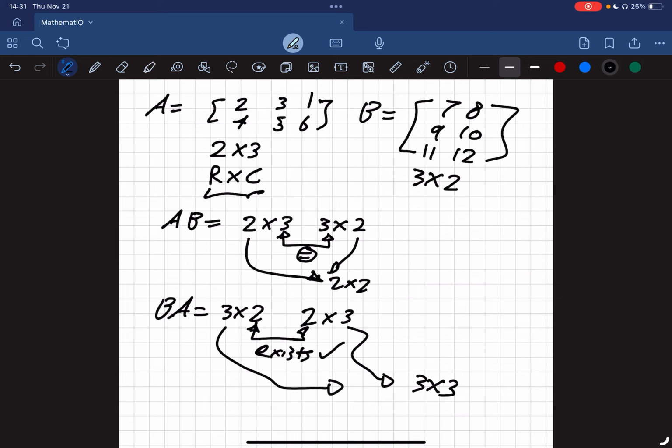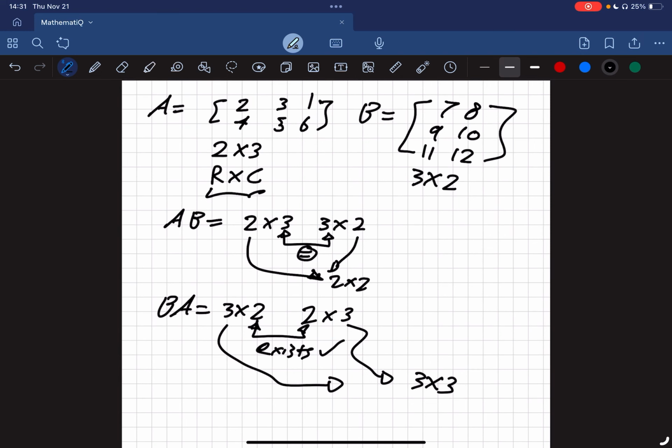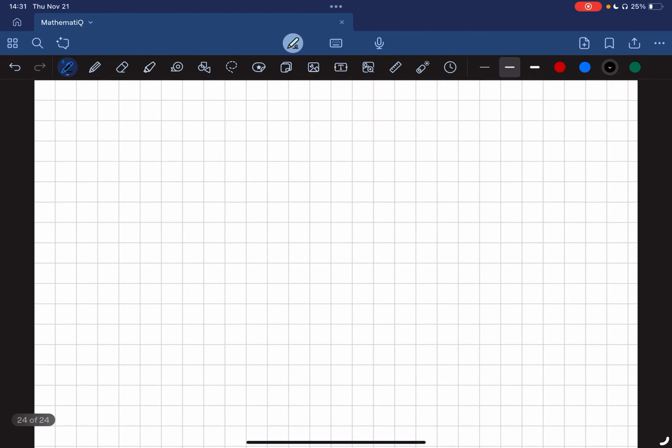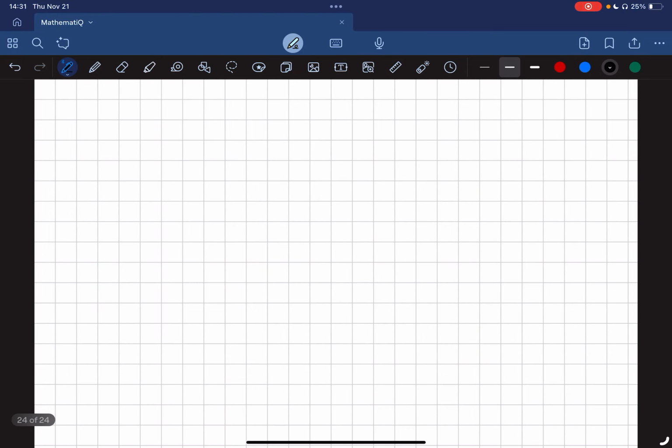And the way you go about multiplication is just like we did previously. It's not difficult at all. You go in, you work through, and you see what you can make. So you just multiply row oriented for the first one if you're doing AB, column here, and then if you're doing BA, you do the opposite, okay? I'm going to do the multiplication all the way through again for just another example, but I want to show something